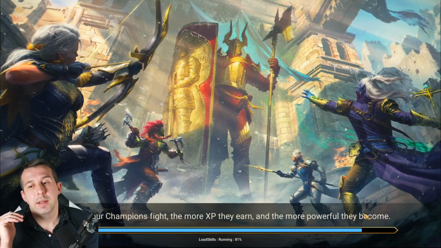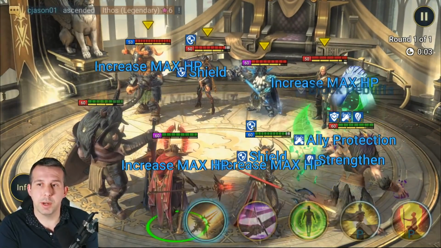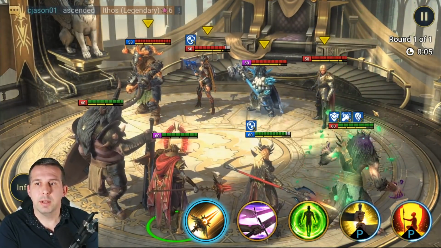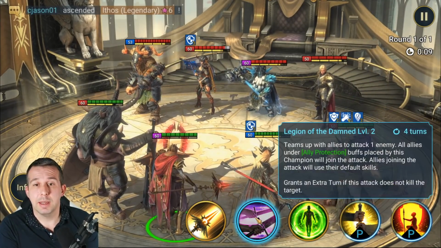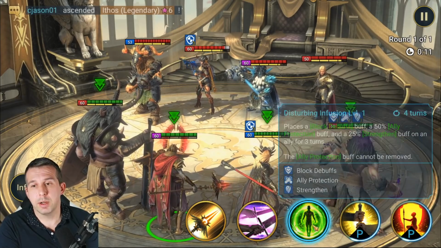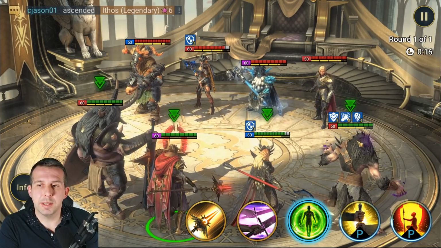So straight away, Brackus cannot have his buffs removed. They're going straight on. Look at that. Strengthen, ally protection, and block debuffs all out there for 3 turns. And we are first. So I can do 2 things here. I can either get straight away in with an attack